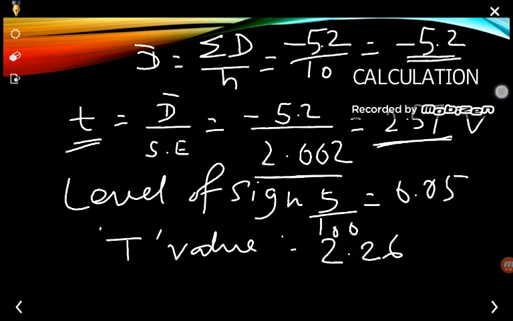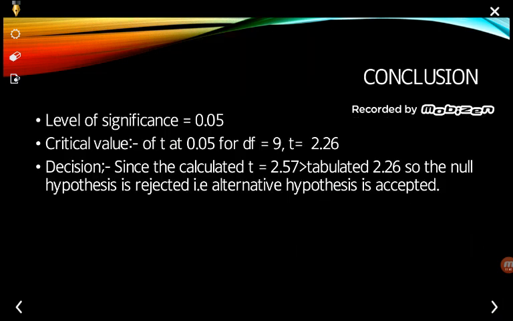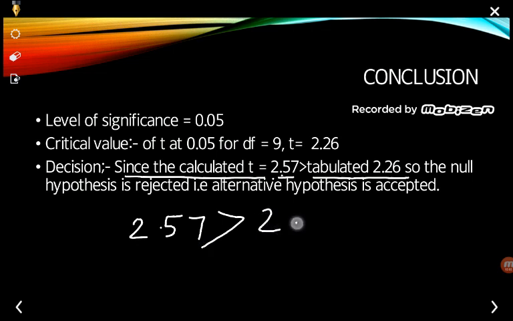So here the calculated value is 2.57 and the tabulated value is 2.26. So we come to the decision that since the calculated t, 2.57, is greater than the tabulated value 2.26,